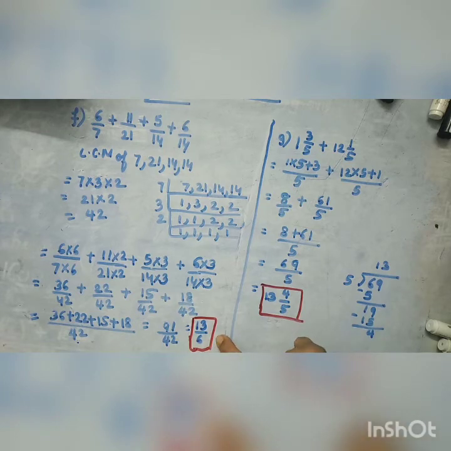देखिए इस तरह से आपका आंसर आता है 13/6। 91/42 कॉमन फैक्टर is your 21, so you need to go for your 6। यहाँ पे जो है आपका 7 6 42 आता है, तो 7 13 91 आता है। तो देखिए मैंने 7 को कॉमन फैक्टर ले लिया है। ठीक है।